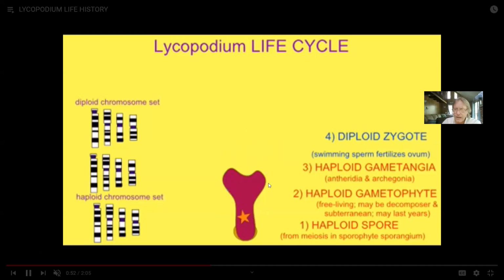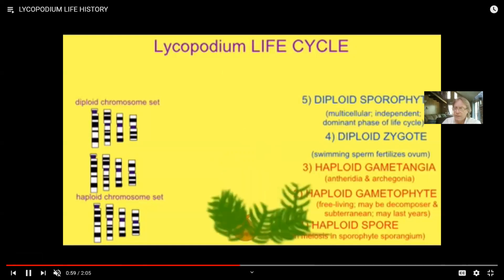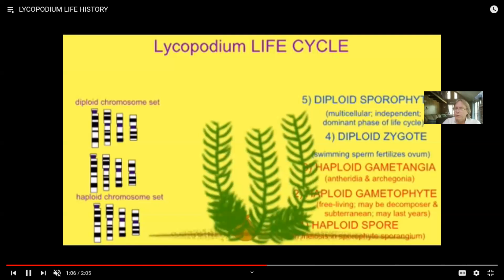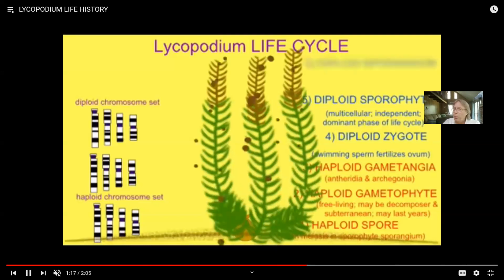And so the haploid spore germinates into the haploid gametophyte, once again, could be underground. It's that gametophyte that produces antheridia and archegonia. And from that, then we get the diploid green portion of the club moss, which is free living and photosynthetic. Here, this portion then produces spores after meiosis occurs, and then the